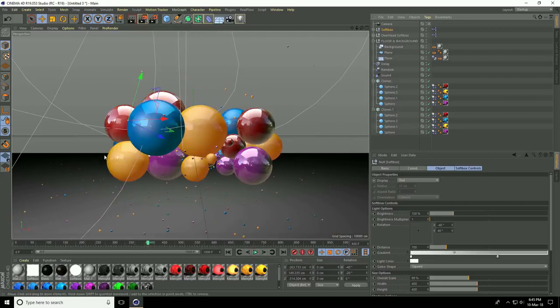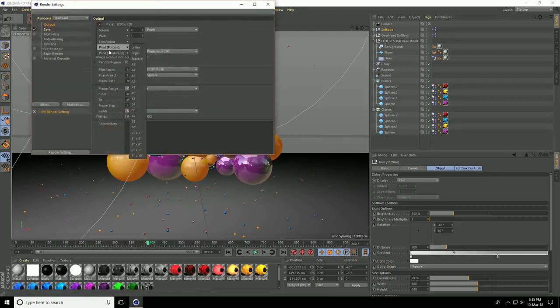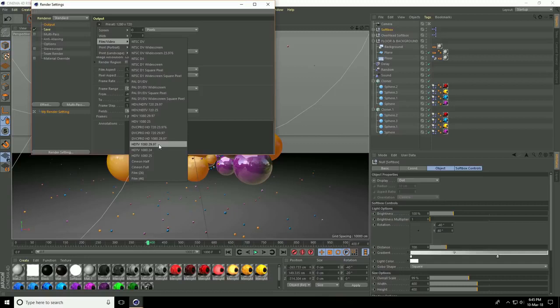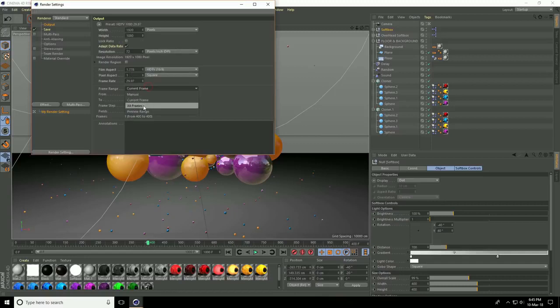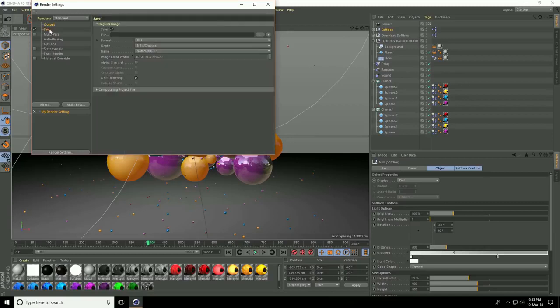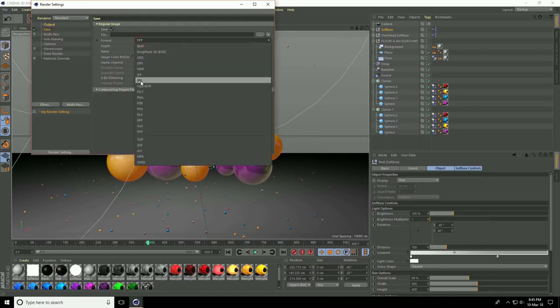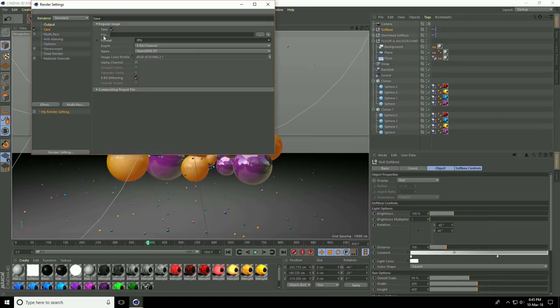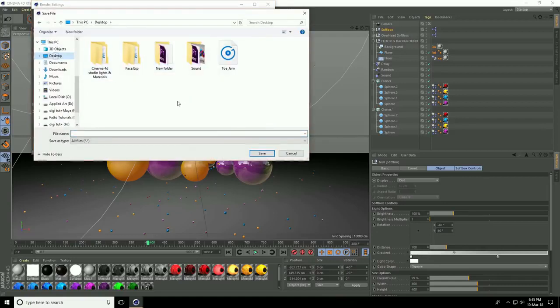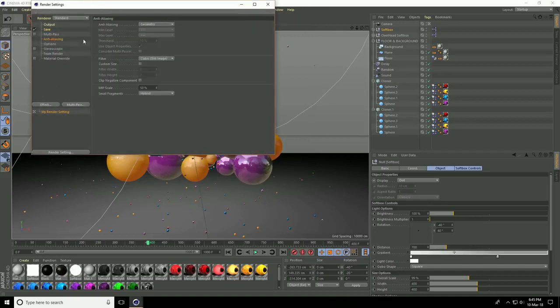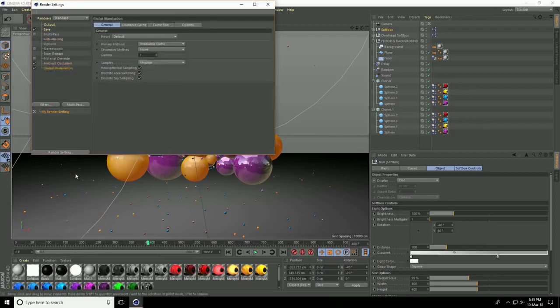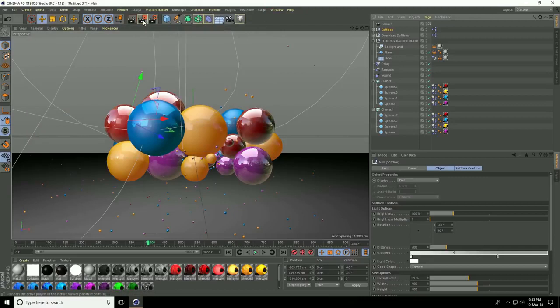See guys, this is really nice. Guys, I go to render settings. Same output, film and video, use HD 1080 and frame, use all frames. Go to Save, format, I take JPEG sequences and file, save file path, desktop, render, and take any file name. Go to Anti-Aliasing, select best, effect, ambient occlusion and global illumination. That's it guys. And render.